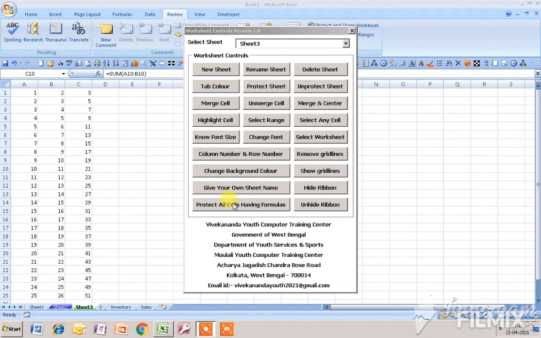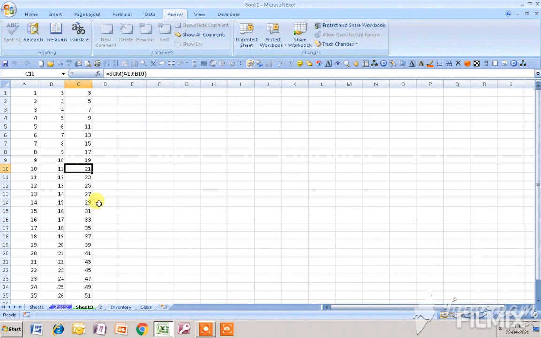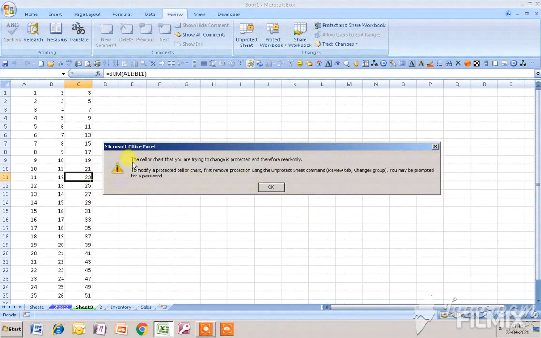So I click on this button, protect all cells having formulas. Now all the cells having formulas get protected. You can't change any formulas. If I click on this formula, you can see the cell or chart that you are trying to change is protected and therefore read only.